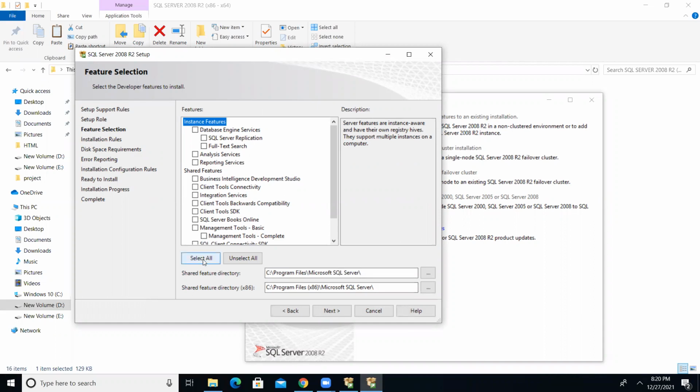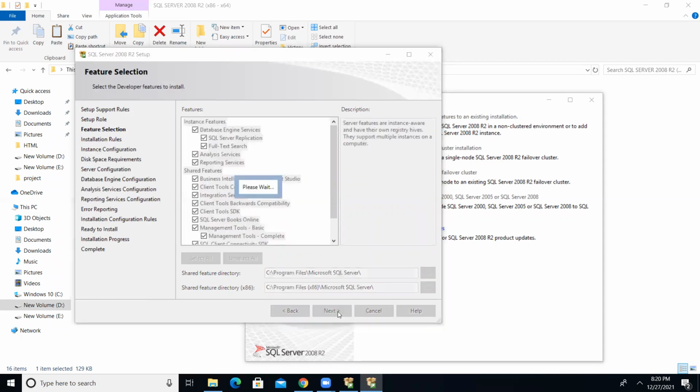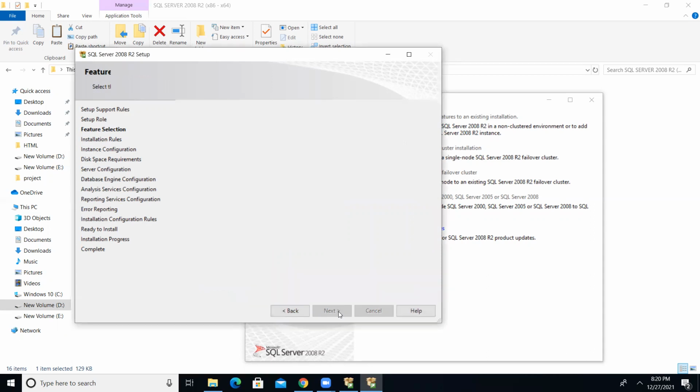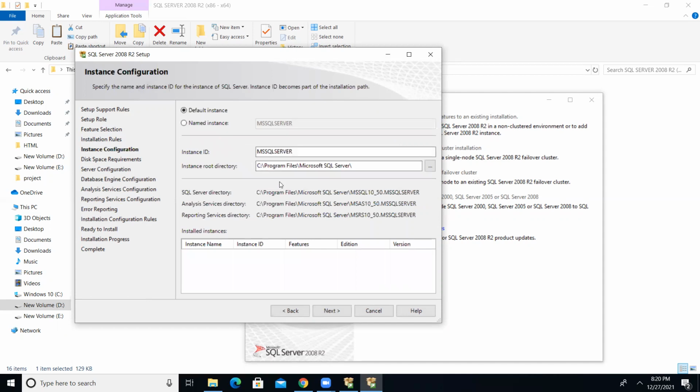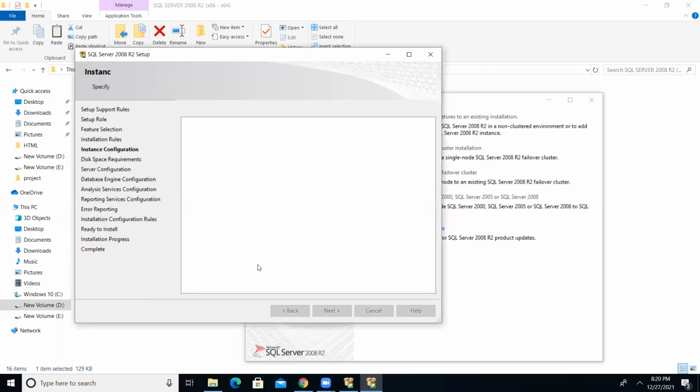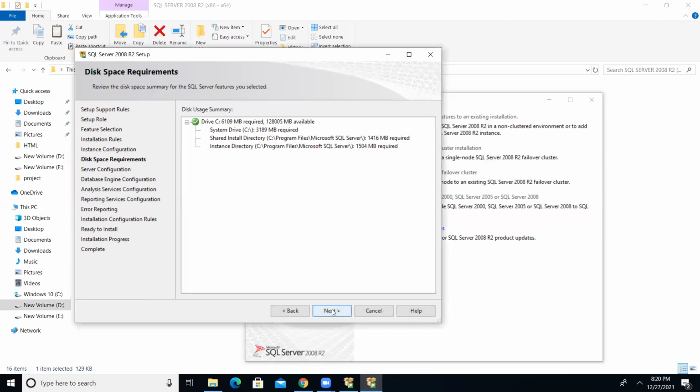By default you can choose Select All, and click on the Next option. Then click Next again, and again Next.